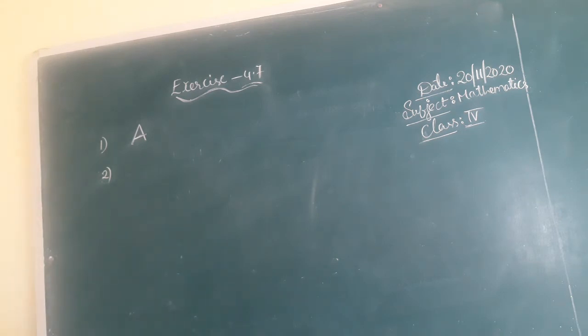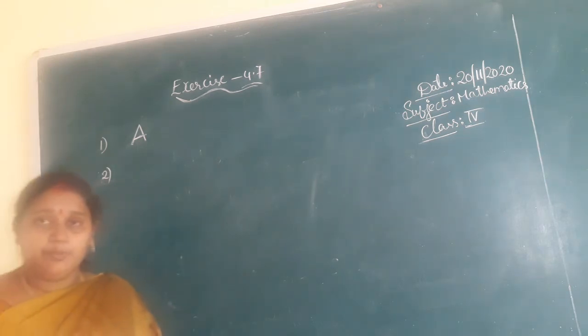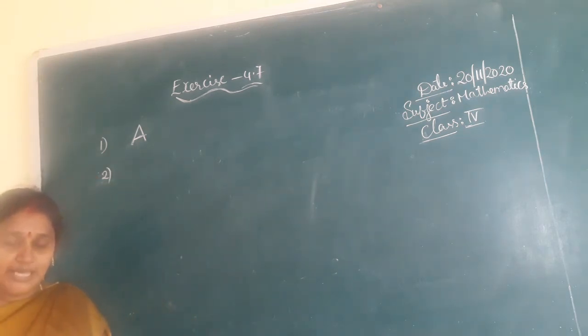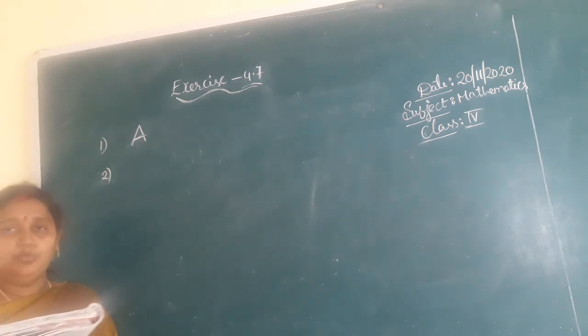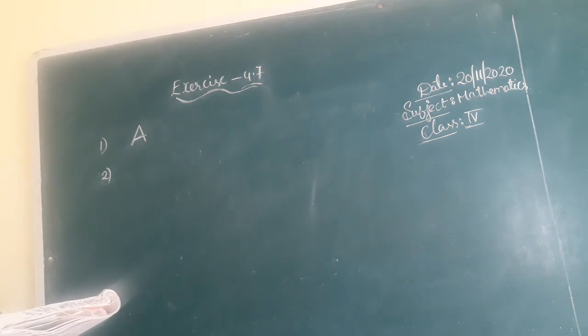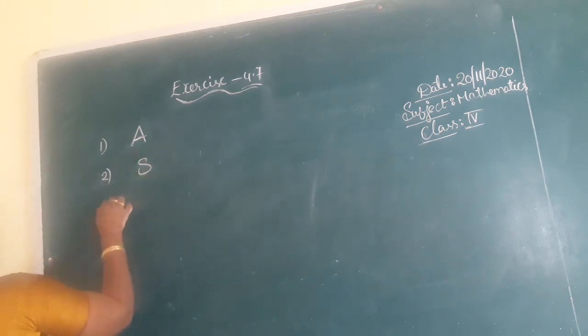Babu is 34 years old. Ram is 18 years old. How much older is Babu than Ram? That means 34 minus 18. If you do 34 minus 18, you will get the answer, how much older he is. So what do you have to do? Subtraction. Third one.